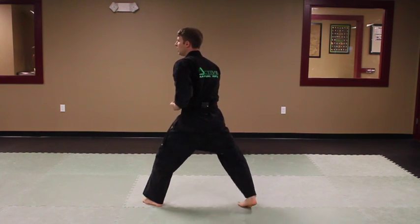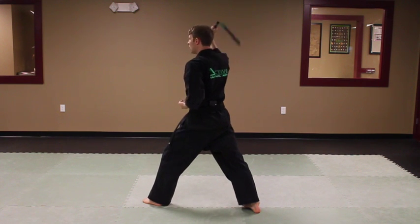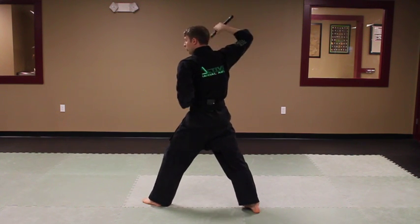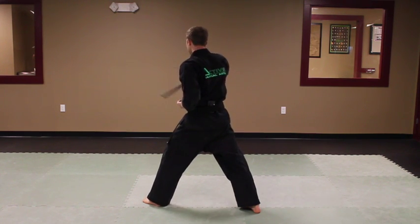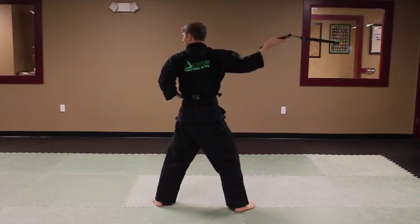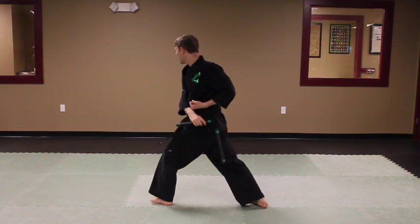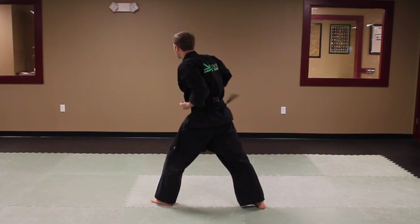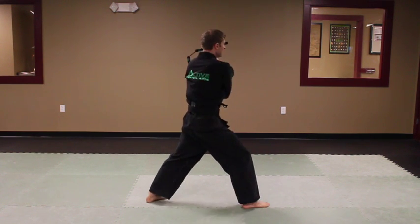Doubles. So 1, 2, 1, 1, 2, off the shoulder, 1, 2, off the body, 1, 2, off the shoulder. Figure 8 3 times, underarm, shoulder, 1, 2, inverted figure 8 3 times, strike, backhand strike, keep them spinning, turn in your stance, shift your stance back as you do another strike, off the body, off the shoulder, 1, 2, catch. Look to the right, underarm catch,